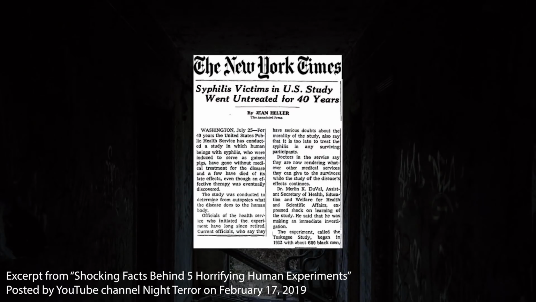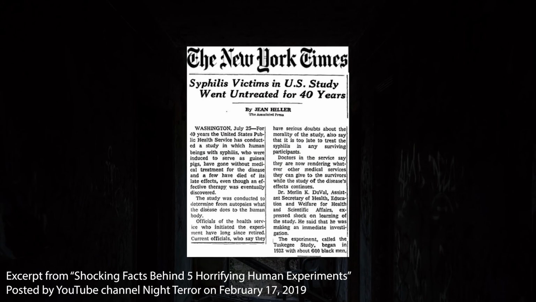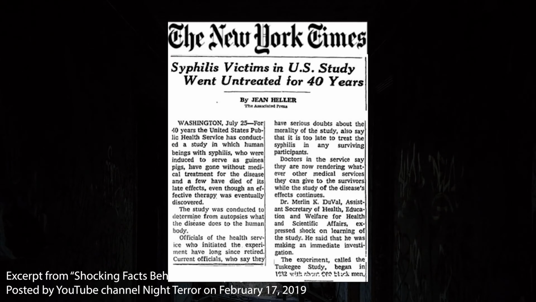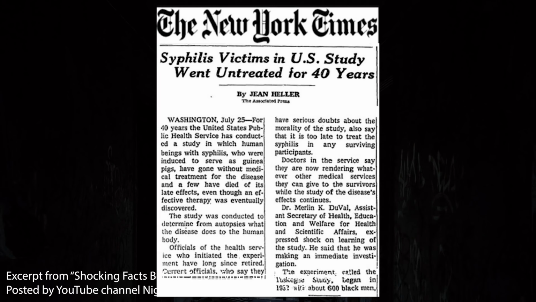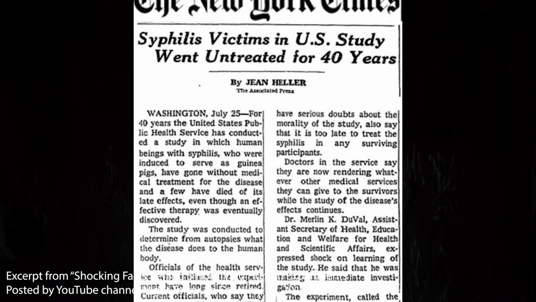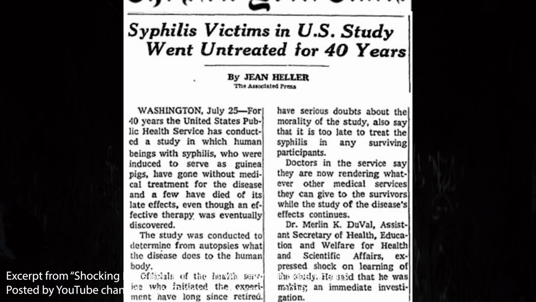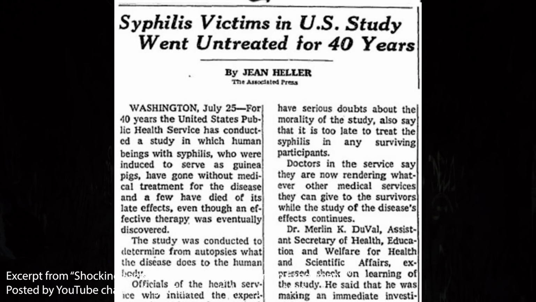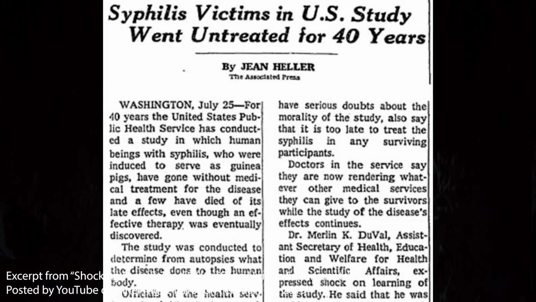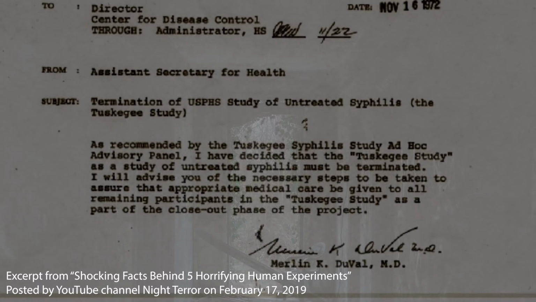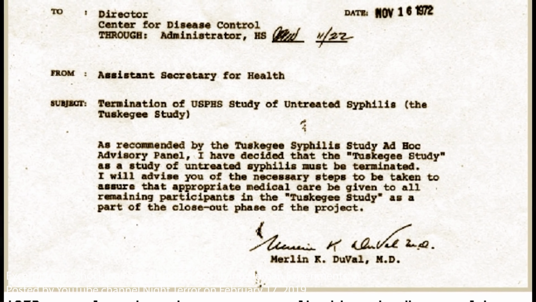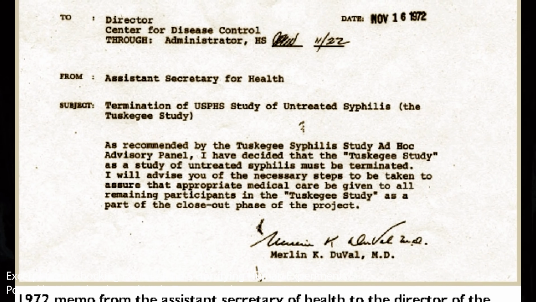One particularly shocking aspect of this whole event was that it was revealed that in 1966, a full 6 years prior to the termination of the study, Peter Buxton, a venereal disease investigator from San Francisco, sent a letter to the National Director of the Division of Venereal Diseases, expressing his concerns about the ethics of this particular study. The Center for Disease Control, or CDC for short, which controlled the study by that time, had stated that the study would continue until all subjects had died.